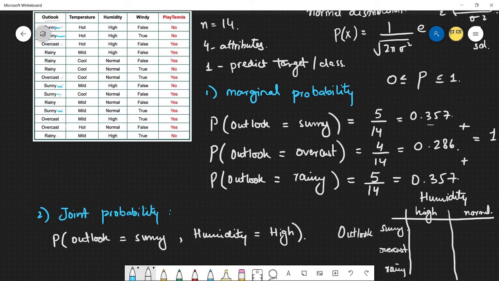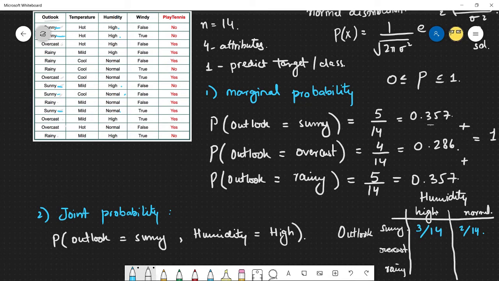And then for which humidity was also high, so 1, 2, 3 here. And so we're going to have 3 over, again, the total number of attributes, so 14. And for normal, it's going to be the remaining 2, I think. So you'll have normal 1 and then normal 2 here. So 2 over 14. And similarly, you're going to then find how many data points you had where the outlook